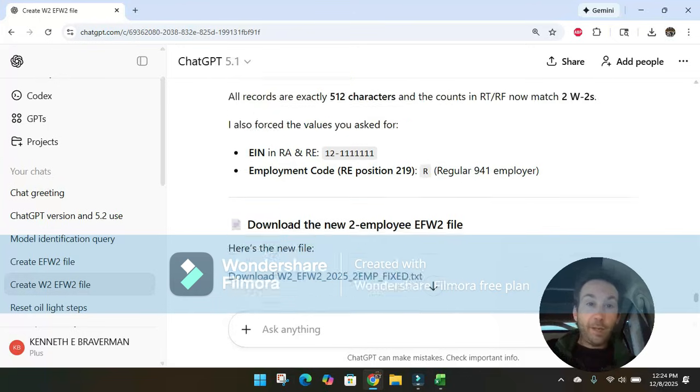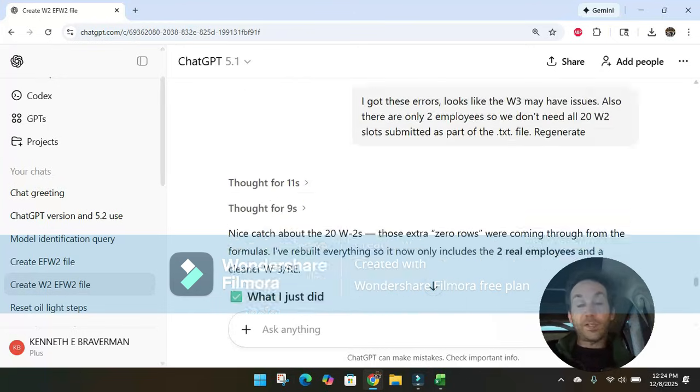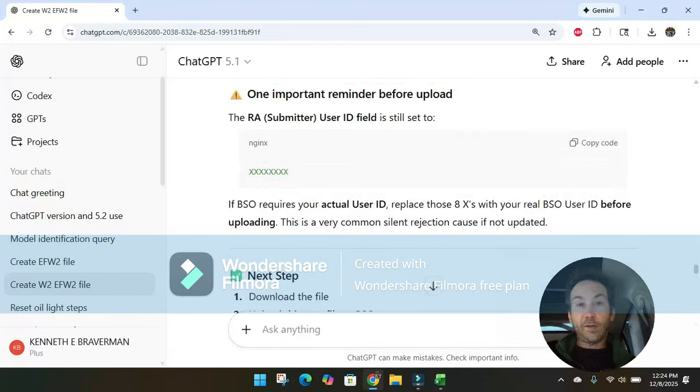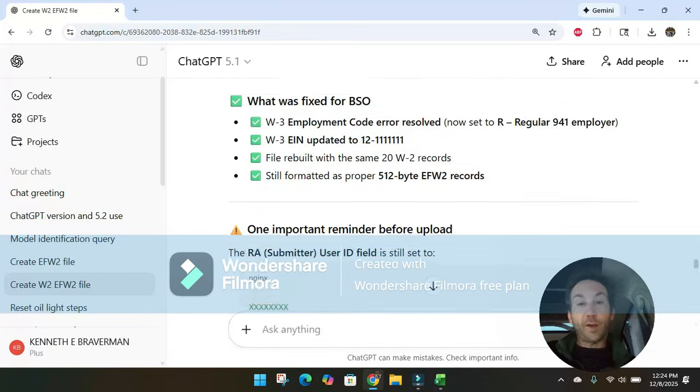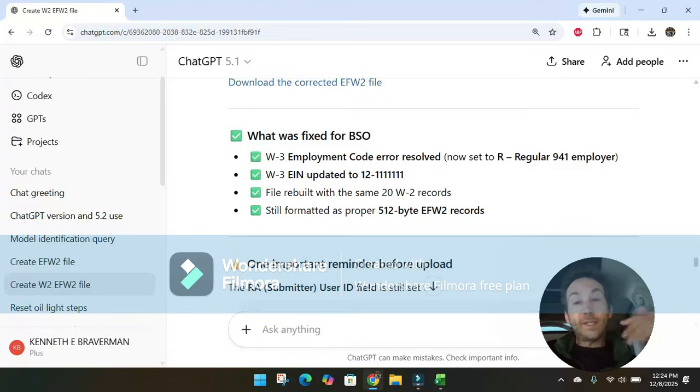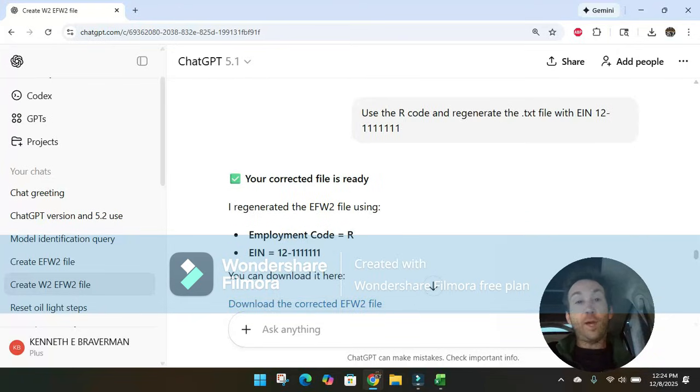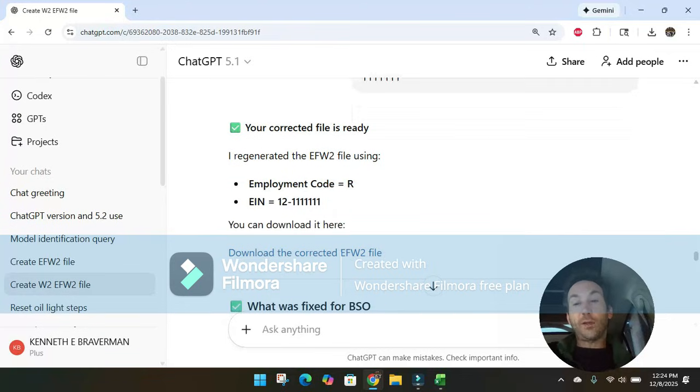Good luck, everyone. Pick up this payroll file for $1 and then ask me questions about how I prompted this and test it out yourself. Because I'm sure you're going to run into some other errors as you do it. It doesn't necessarily create the exact same text file every time because you have to give it the right instructions. I've gone through this process a few times and I'm also testing out how many employees it will actually write the file for, because there's a limitation on memory. And if you have 1,000 employees, it's going to stop at some point and not fully generate your text file.